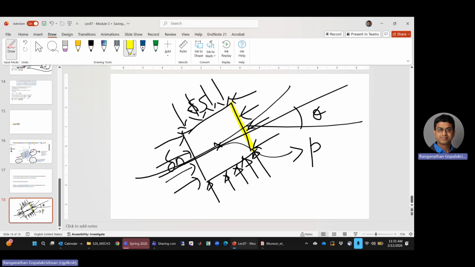Anybody else want to say something? Would the pressure on the highlighted surface be the same as the value at the center, or would it be different? Same. Okay. Can you tell me why you think it would be the same? So I'm answering this on the assumption that it is not a static fluid. It is a liquid, but it's not static. So why would you expect the pressure not to vary from point to point?